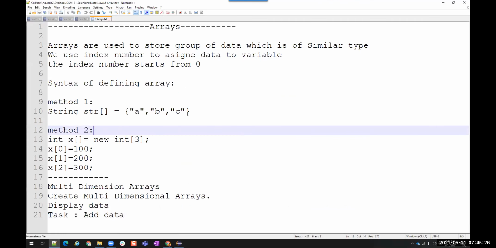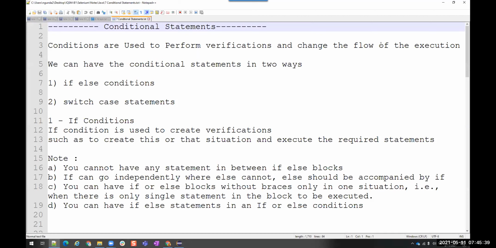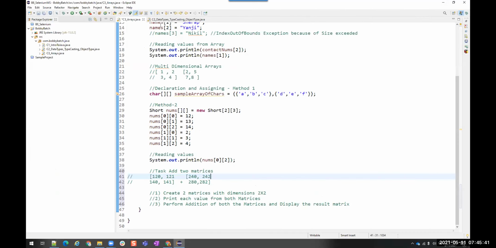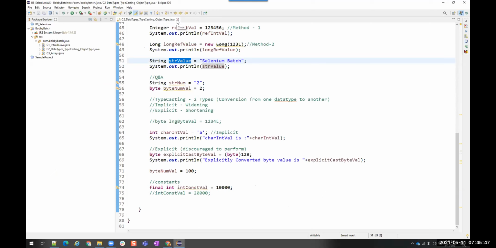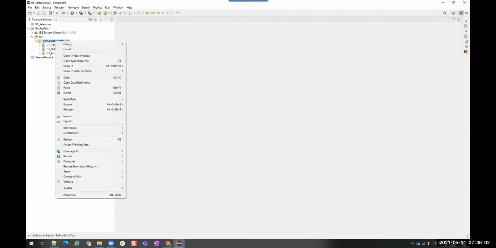Now let's go back. Arrays is done. So let's pick with the new topic, that is conditional statements. Okay. So since you are already working on ETL, you might be aware about what is conditional statements. You have conditional statements in SQL as well, right? Yes. What is the keyword that you use in SQL to write conditions? There are a lot: if then, case when, okay, in SQL also.